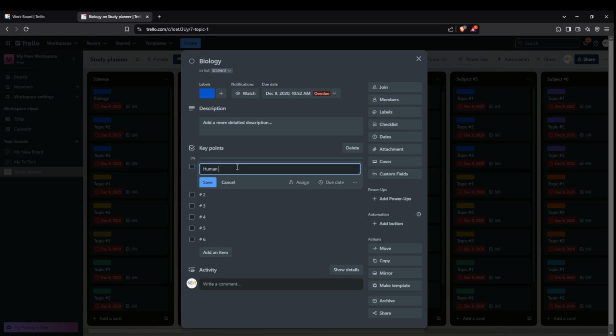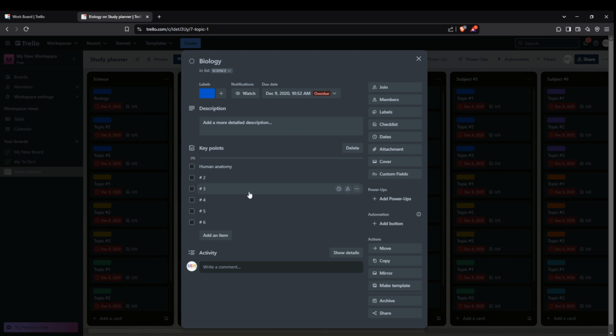Be sure after making these edits to click Save to keep all your updates intact. Saving your work ensures that all your inputs are secure and you can easily mark them off as you progress through your studies. And there you have it, a customized Trello board that will keep you organized and on track